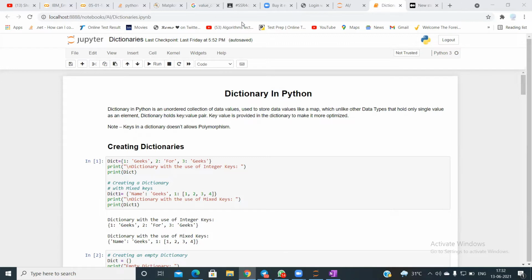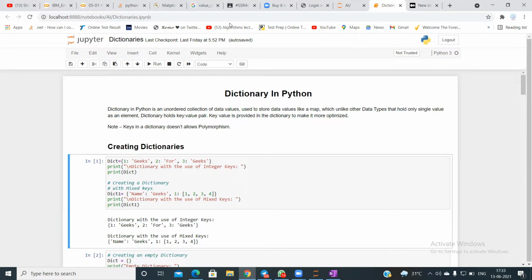As I said in the starting of the class, when you have 20 students in a class and you want to store the marks, let us assume that you create a list and store the marks of those 20 students. Just think of the amount of data you're storing in the memory. Instead of that, you can simply create a dictionary and store it in the memory. It takes very less space. So this is the difference between a list and a dictionary and when to use them.